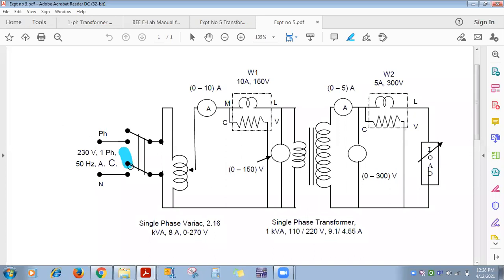If the available voltage is fixed and you want to give a circuit variable AC voltage, go on changing this knob. As you change the position of this knob, the voltage across its two output terminals goes on changing, and that's why it is also called variac, variable AC voltage. So adjust 110 volt across the primary winding, and we are going to keep that constant throughout the experiment.